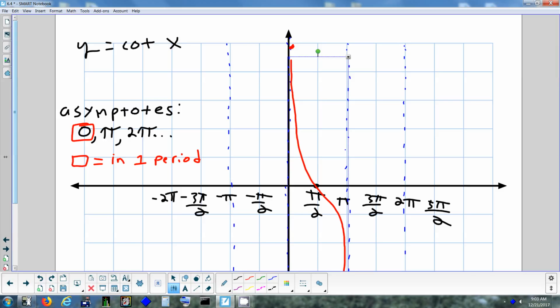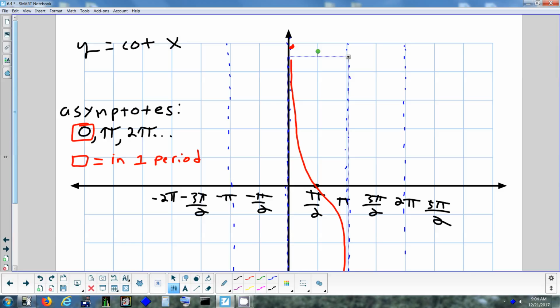Leo? Once every pi. Just pick a feature of the graph and focus on where it occurs again. Look at a vertical asymptote. You have one at 0, you have one again at pi. What's the distance between 0 and pi? Pi. So tangent and cotangent are actually the only two trig functions that have a different period